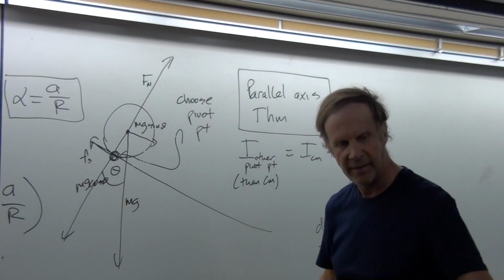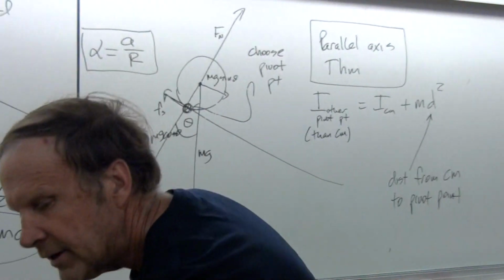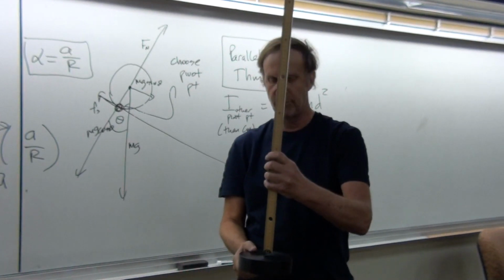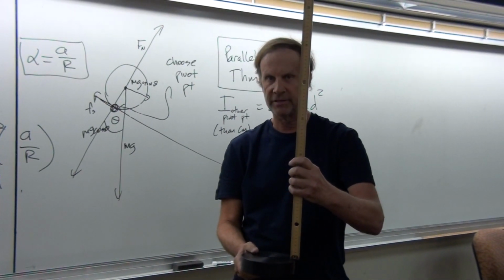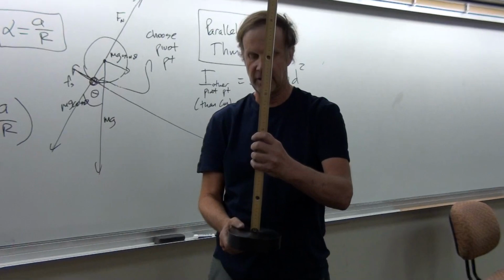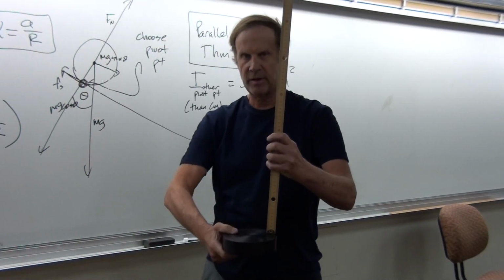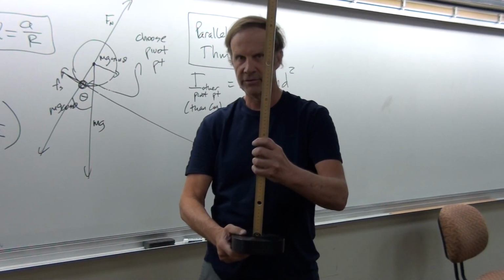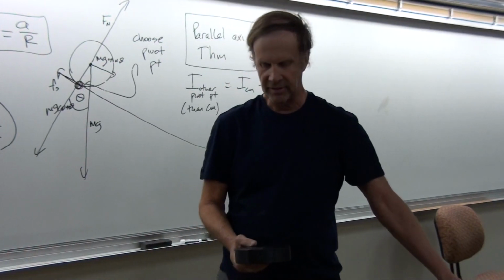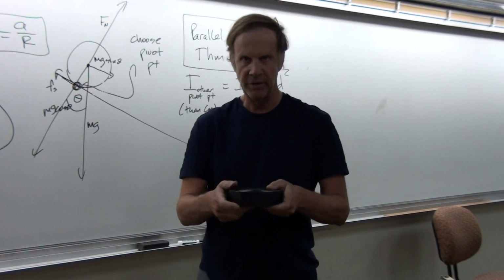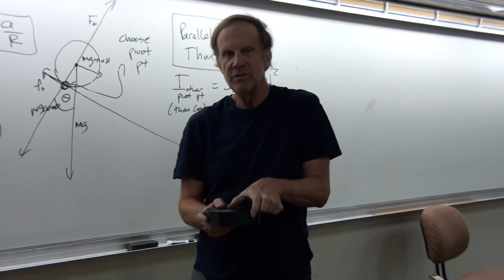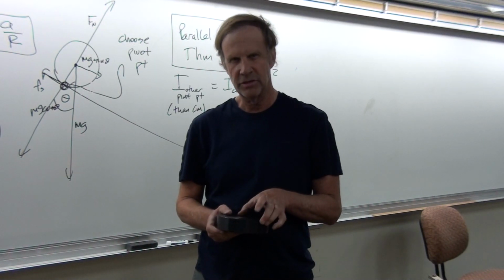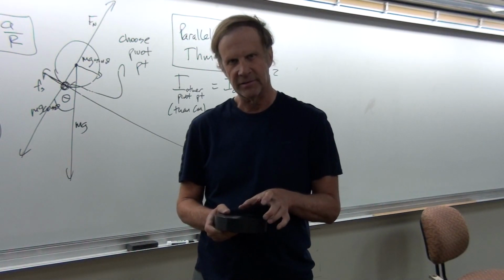So why is it called the parallel axis theorem? Well, here we have our axis of rotation through the center of mass, and so we want to move that axis parallel to itself a distance d. Okay, and so that's what I'm doing here. I'm moving it a distance d so that now I'm pivoting about the outside edge of the cylinder rather than through the center of mass. And so we can think of this then as being what the moment of inertia would have been through the center of mass, plus by moving the pivot point that far, we could think of it as being an extra term that is like moving a point mass by a distance d.